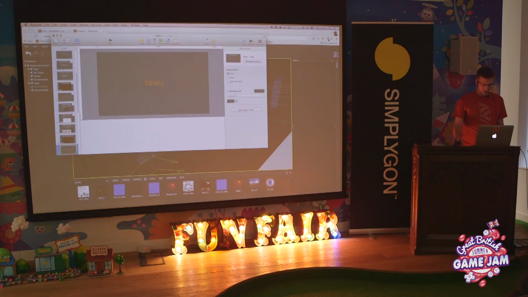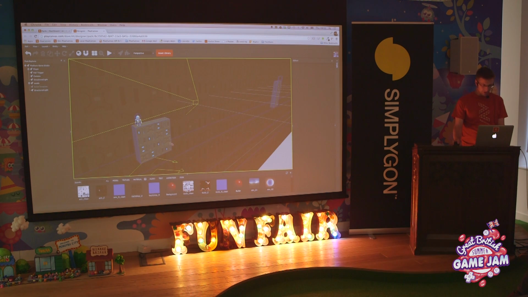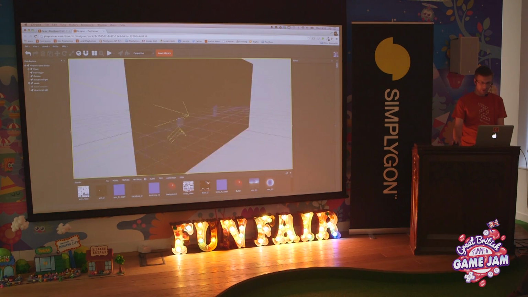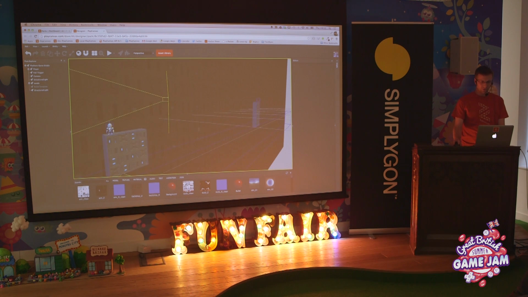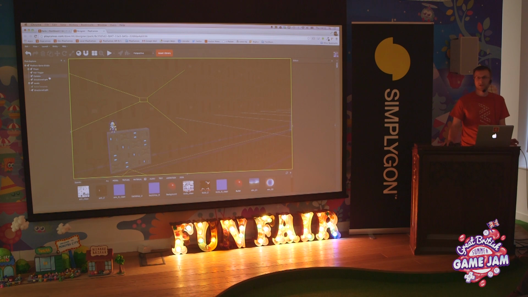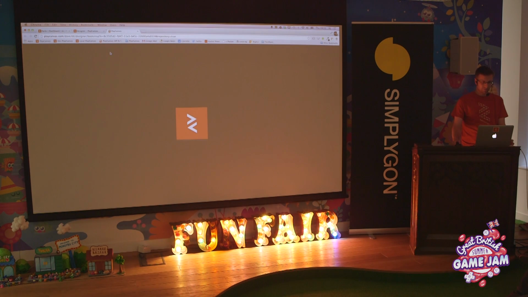So I'm going to do a quick live demo. So this is the tool running here. And this is a little platform game. And you can see if you've used Unity or Unreal or any of these level designer tools, this is built on years and years of experience of how people expect game development tools to work. So I can click play, and the game will run